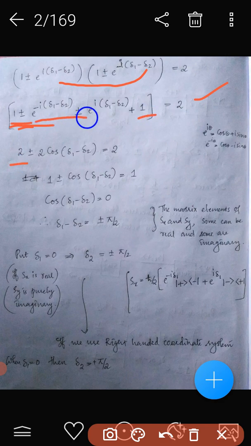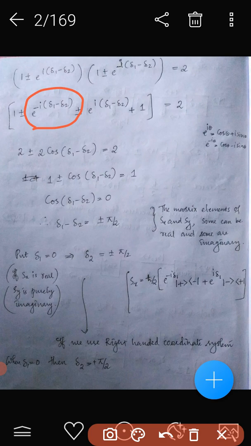Then this term can be considered as e to the power minus i theta. E to the power minus i theta is cos theta minus i sin theta, and this one can be considered as e to the power i theta, that is cos theta plus i sin theta. We can substitute this result, then we will get 2 plus or minus 2 cos(delta 1 minus delta 2)